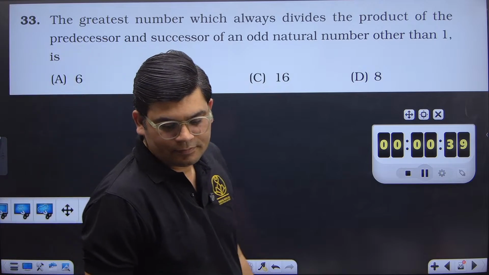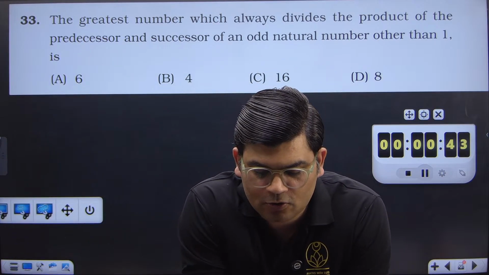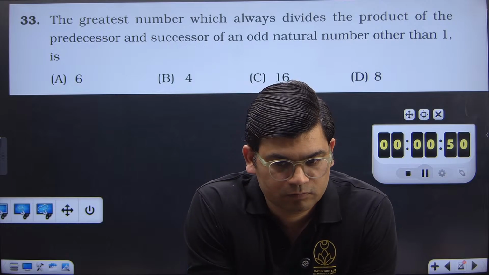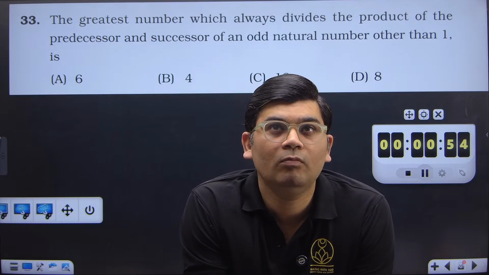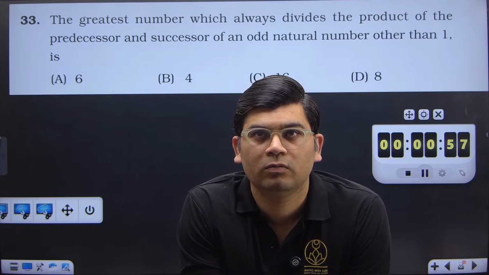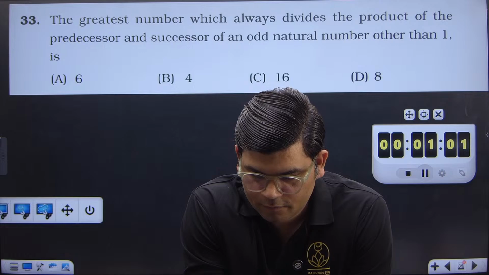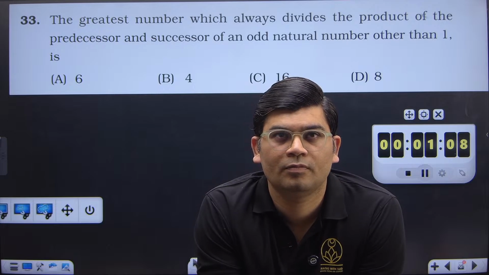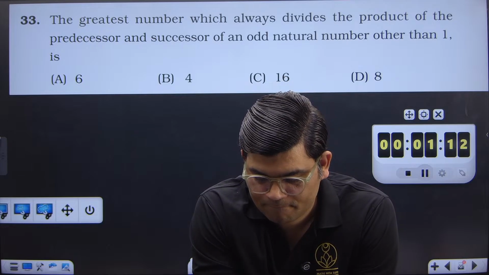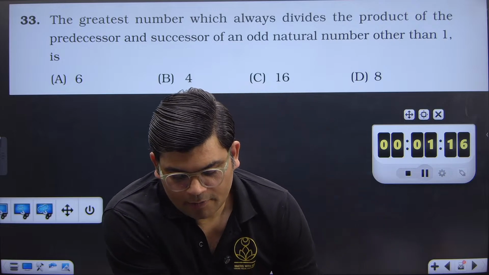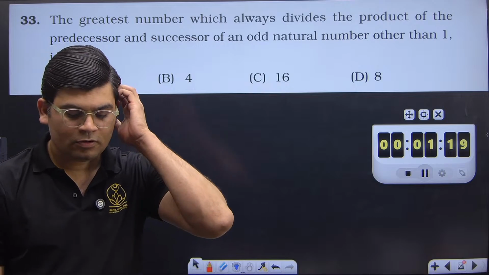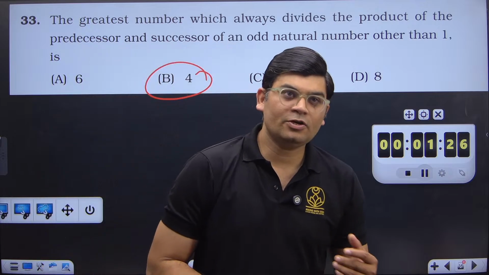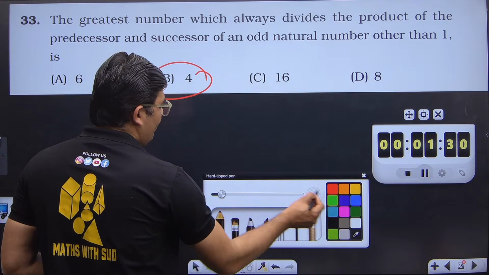बताओ क्या आंसर होगा बेटा इसका? ऑड नंबर के एक प्रेडिसेसर और एक आगे का सक्सेसर, इन दोनों को कौन सा नंबर है जो डिवाइड करेगा 1 के अलावा? तो आंसर होगा, किसी ने नहीं बताया। ओके, सो द आंसर इज बेटा 4। अब कैसे होगा बेटा, इसको देखते हैं। सो सपोज यू हैव ए नंबर p विच इज एन ऑड